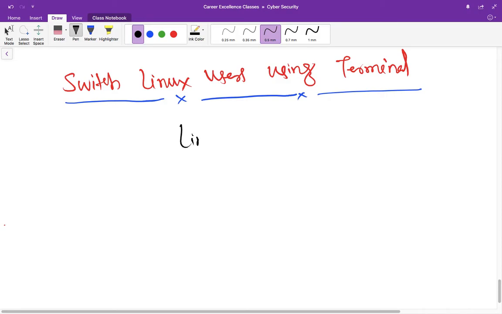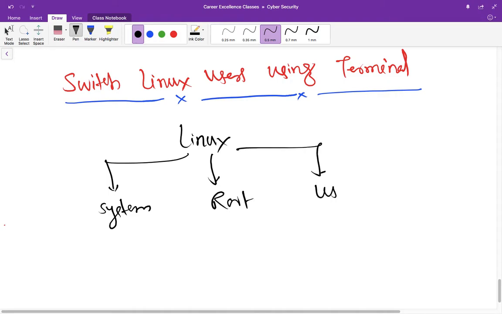So when we are talking about a Linux system, it has basically three kinds of users. One is system, another is root user, and third is a normal user. So root has all the privileges, or we can say unrestricted privileges.